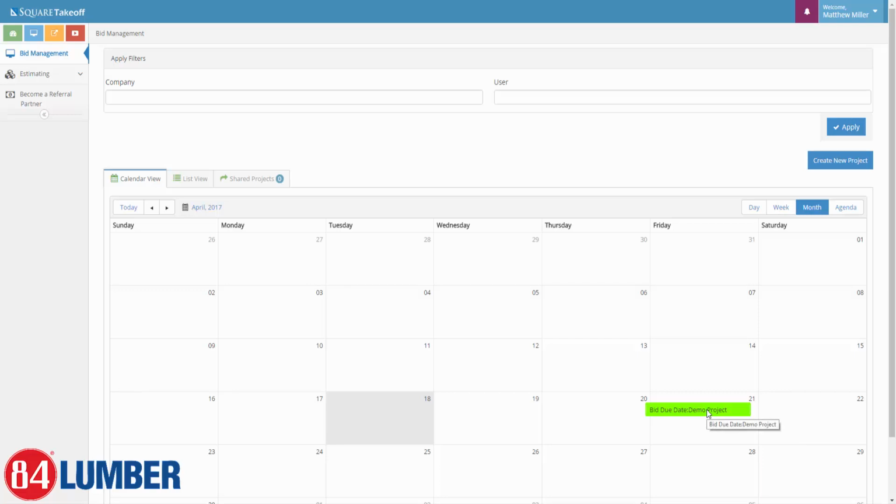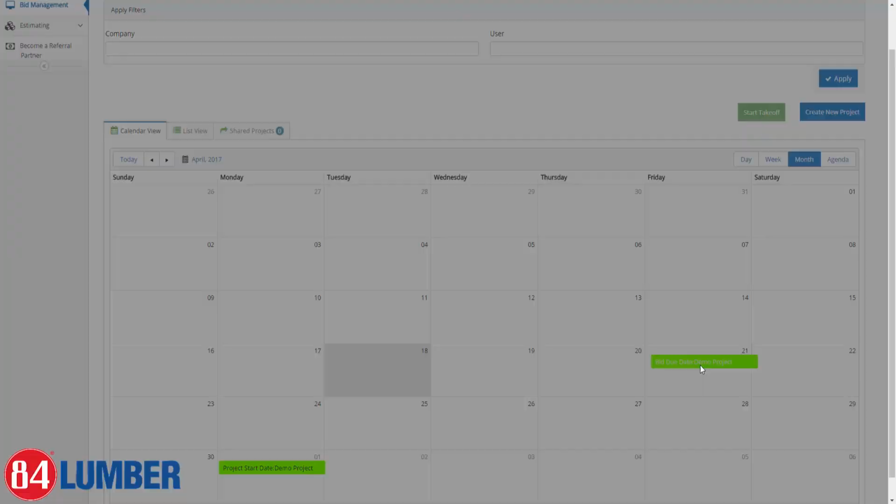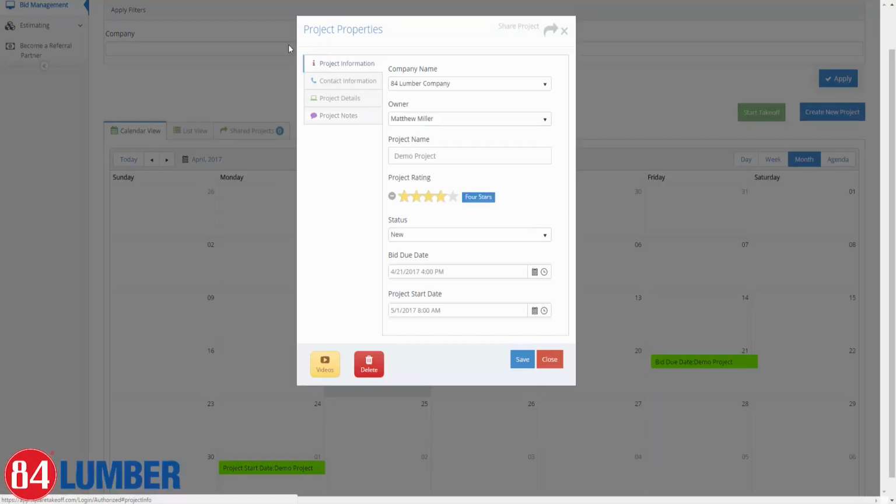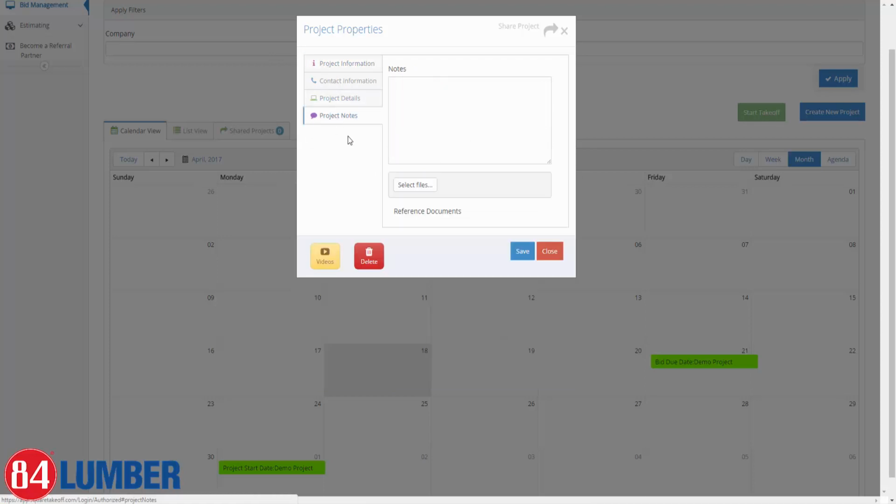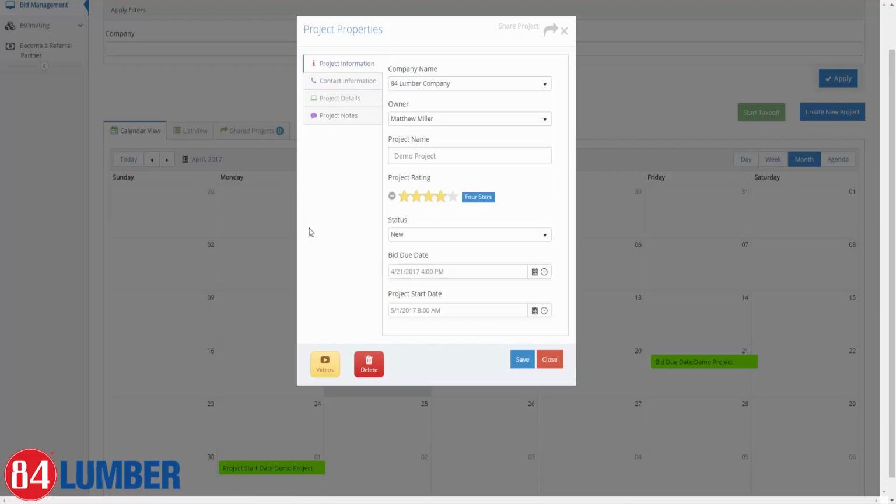To re-access this project, you can simply double click and it will reopen this. You can come back in, once again, modifying any of this information, such as the project notes, add additional files, and so forth and so on. One more thing that I would like to point out is if you want to share this project with, for example, one of your